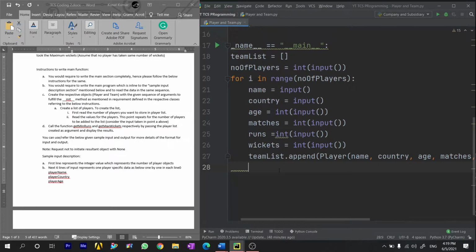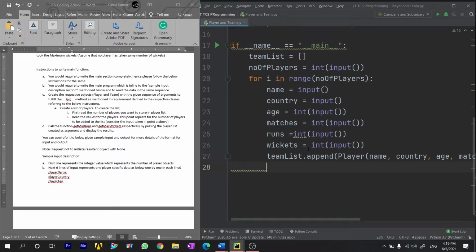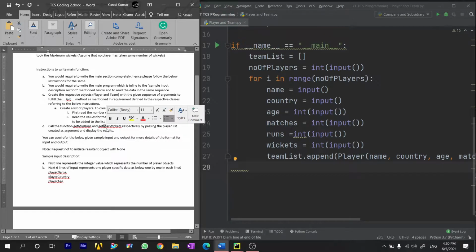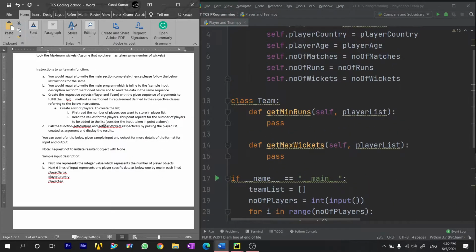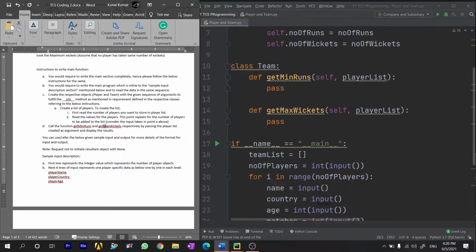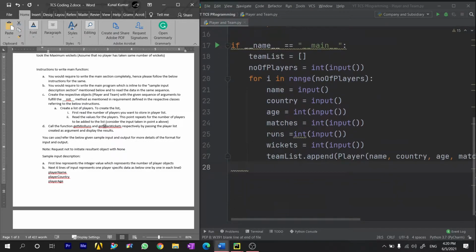Okay. So I think this for loop job is done. Let's get out of this. So now we will have to call the functions get min runs and get max wickets. In order to call these functions, we can see that they belong to this class team. So first we need an object of this class team. So first we create a team object. Let's name it team obj